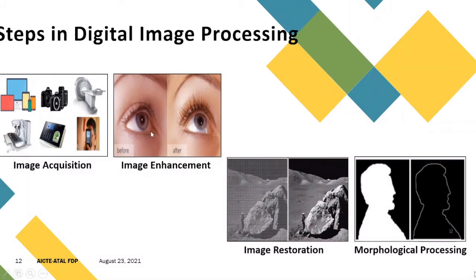Second is image enhancement. Here you can see two images. The first one is the image which is captured by you, and the second is a finer quality image, right? So enhancement is improving the quality of the image, or taking out some features which are of our interest. You have taken a complete photograph of a person. From that photograph, you just want to highlight the portion of the eye. That is what image enhancement is.